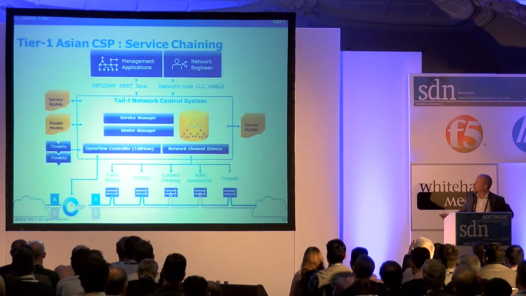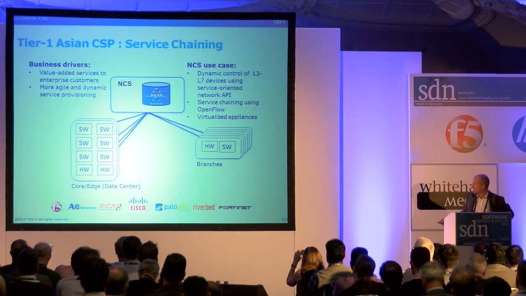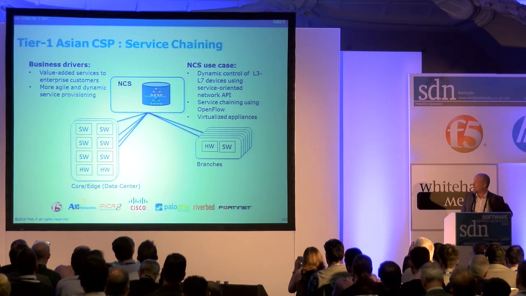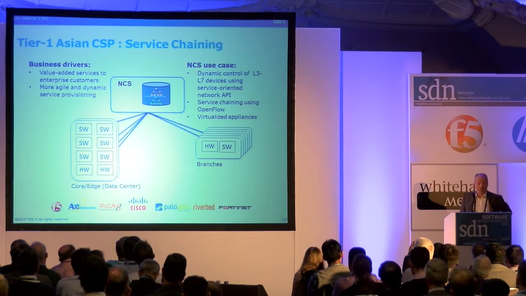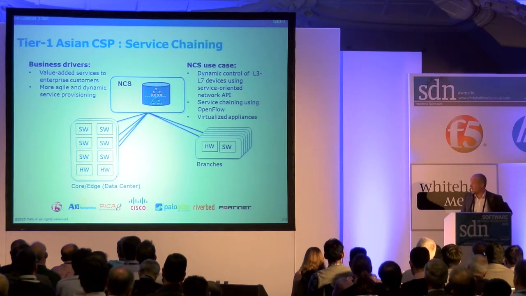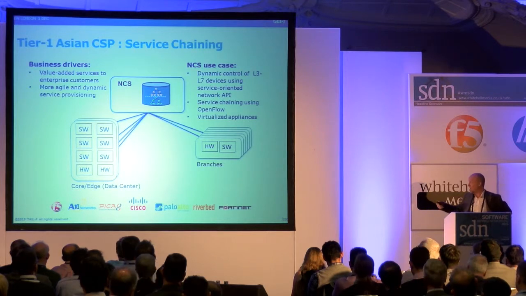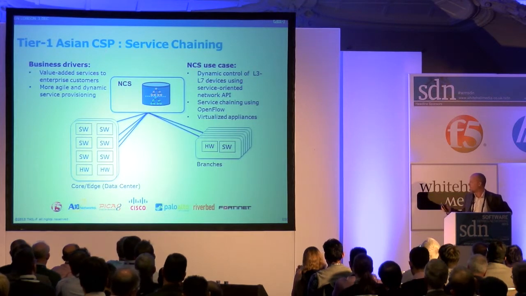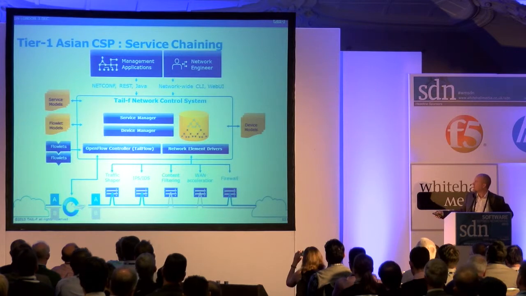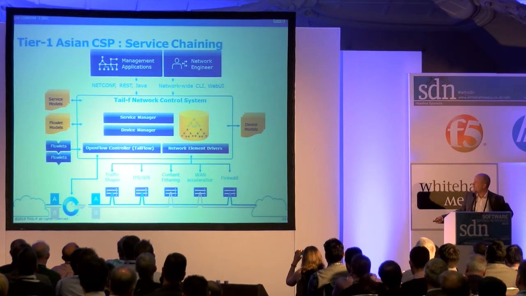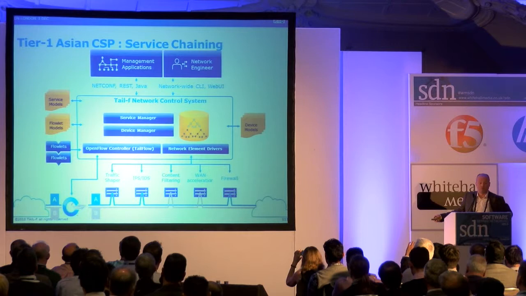What we have deployed at this operator is, first of all, look at the list of vendors today. In any SDN OpenFlow deployment today, there are existing devices. You can't just run a pure OpenFlow network to sell business services. You need some existing firewalls, you need some existing load balancers, etc. F5, A10, Riverbed, all of this stuff is in the network. And what NCS is doing here is that as one transaction over OpenFlow switches, we stitch the service chain. So we put together the service chain with OpenFlow.